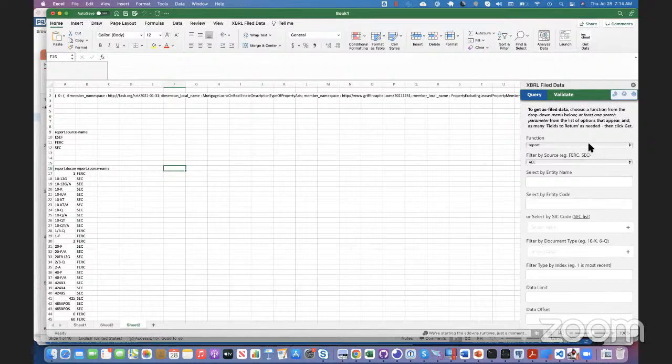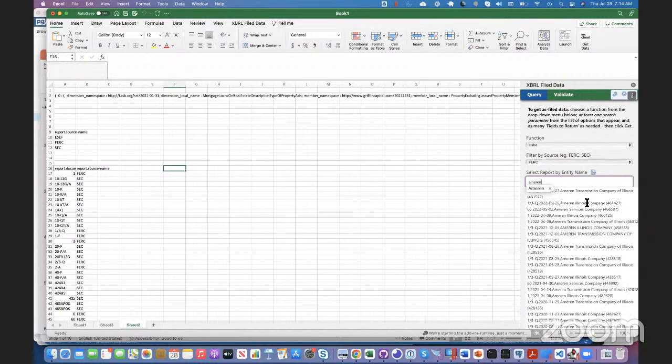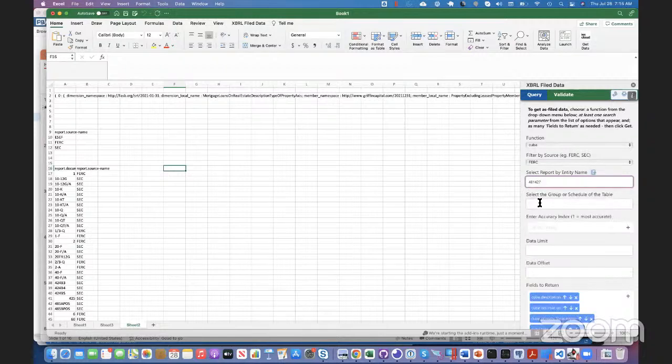So just to show you how that would work. We have an endpoint here called cube. Let's just do FERC. We'll do a FERC one and an SEC one. So like FERC, let's say Marin, Illinois, for example. All right, so let's just do this, their quarterly filing, which was just recently filed. And then it says select the group or schedule of the table, right? So then if you bring this up,